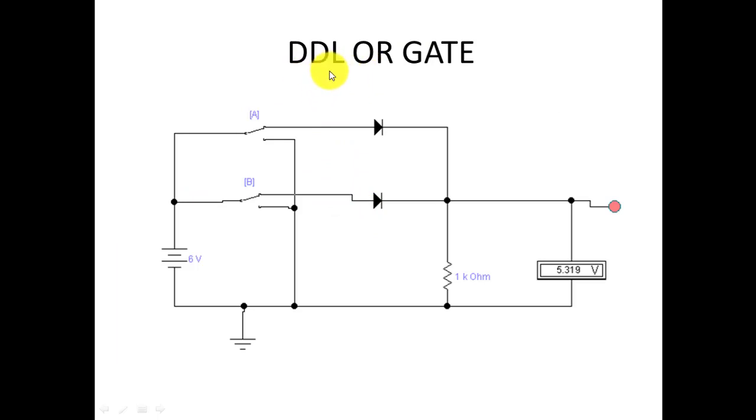So using the diode logic, the OR gate will be designed by using two diodes, and one load resistance will be connected to the output to check the output using the voltmeter, and we shall also use a small bulb. By using two switches we will provide the diode logic high and logic low, and we will use a 6-volt DC battery and a ground. Let's go to the panel of the electronic workbench, where I will show you how you have to construct this circuit. So let's go there.